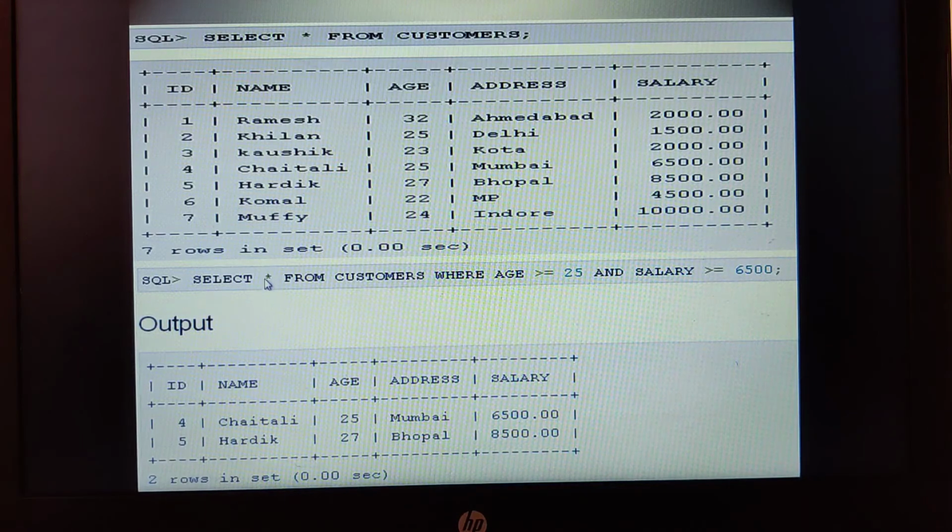And here again it is asterisk. Therefore, all the contents regarding Chaitali and Hardik will be retrieved by the command known as the select command. Okay, this is how the AND operator is used with the SQL statement. I hope you are able to understand, students. Moving on to the next one,